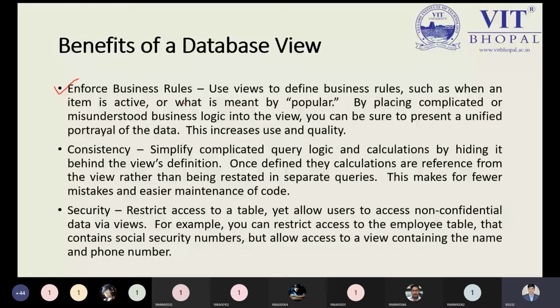So from this point, we can provide limited accessibility to the user, and at least we can maintain the quality. So this is the point: enforcing business rules, and this benefit is applicable when we have a large volume of tables in a database, and whenever we need to access only limited information from such a database, then the view plays an important role. And I'm repeating once again, view is what? View is a logical table, we can say it is a virtual table. It does not exist, but it is treated as a table.